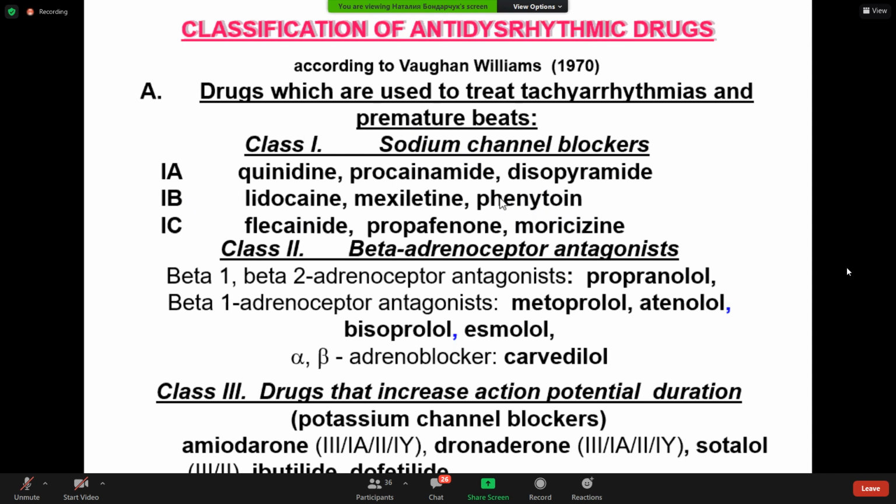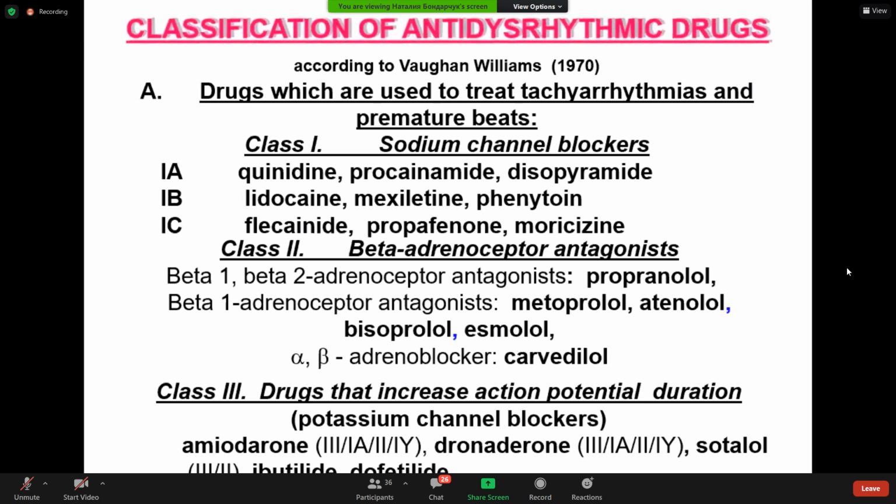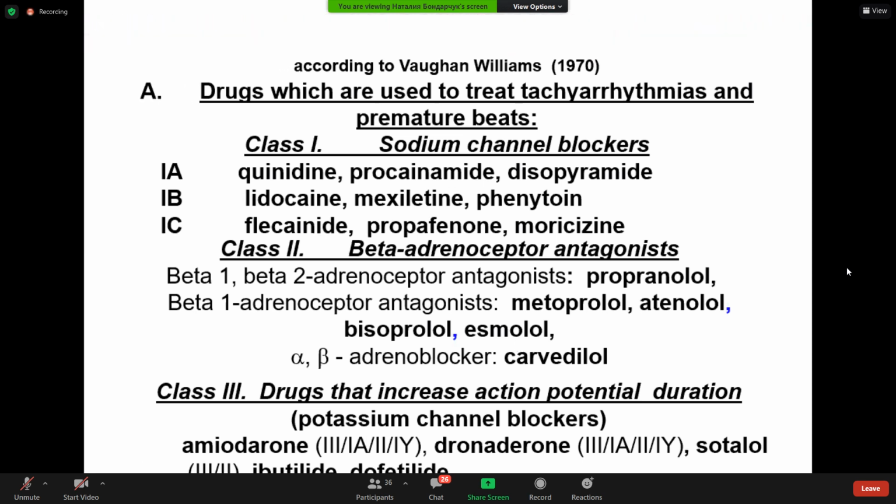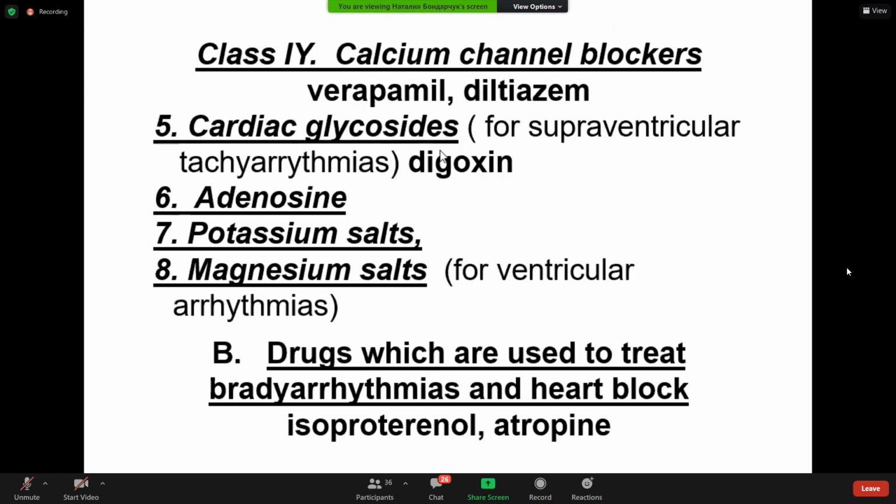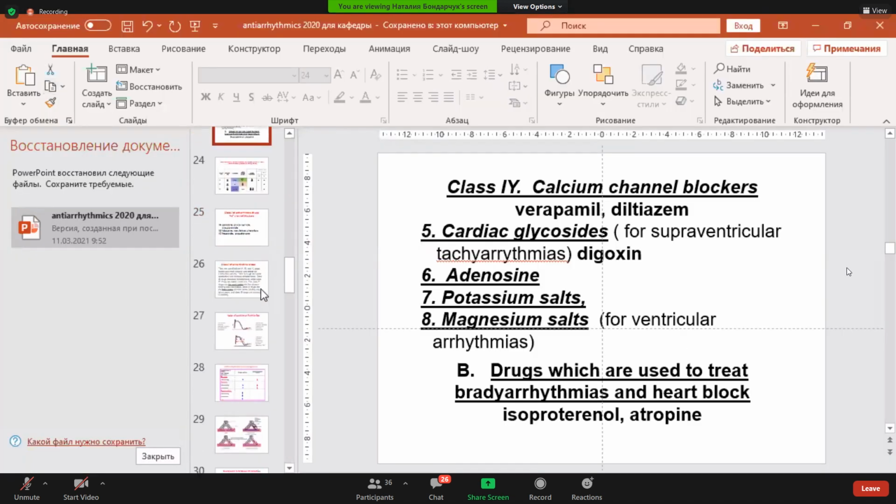So phenytoin will be the drug of first choice to treat, or it's better to say, to reverse, to stop ventricular extrasystoles caused by cardioglycosides. Digoxin, for example, administration, when it was used to treat heart failure. And now let's return to